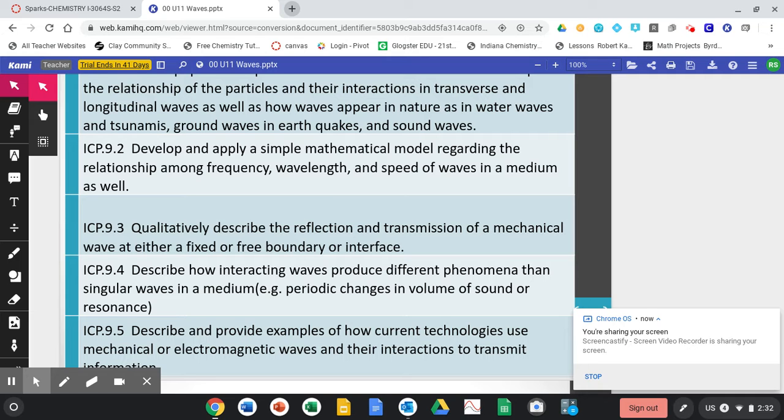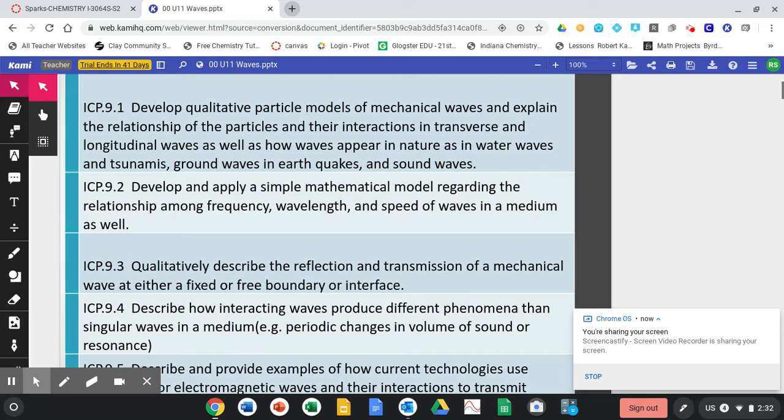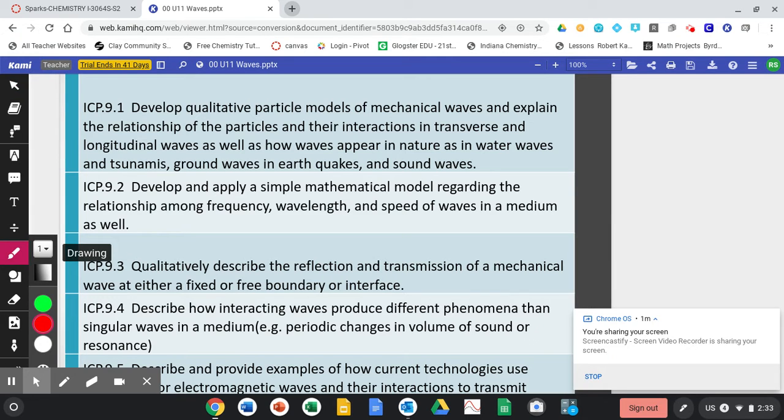And so again, we're here. It mentions mechanical waves is what we're looking at here. And then we're going to look at the mathematics behind wavelength, frequency, and speed, and what the different mediums bring. Medium means, is it going through air? Is it going through water? Is it going through rock? What is it going through?